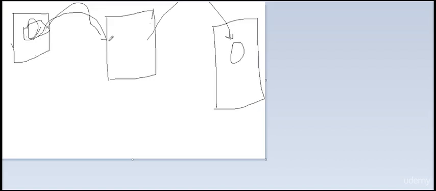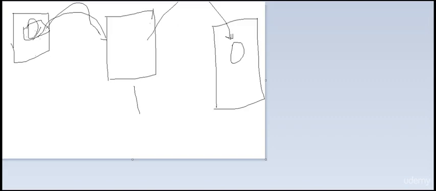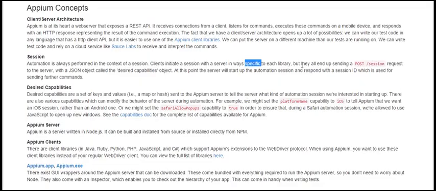Appium has the capabilities of both iOS and Android frameworks built into it, which can take care of your testing. Now coming back, these are the concepts officially defined by the Appium guys on their side. You can see that it's a client-server architecture, with Appium client libraries. You can see all the keywords I have described in this diagram. Post session, but they all end up sending a post session request to the server